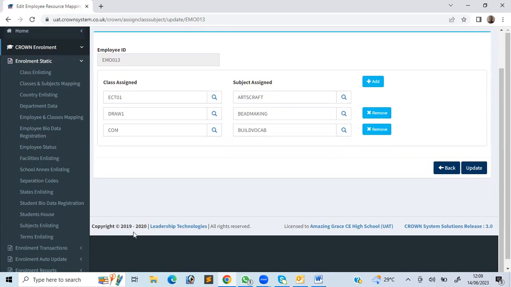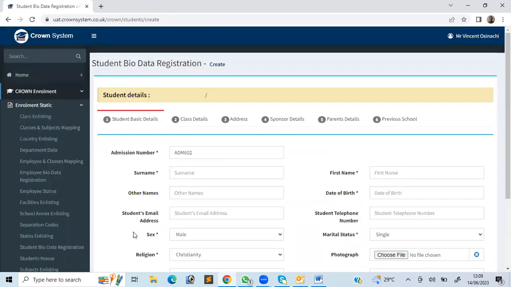Last one is the student biodata registration, which is why we are even in school. The employees, the teachers, whatever they are, if the students are not in school, they will not have work, or probably they will be doing some other things apart from working in school. So it is because of the students that we have come to school. Now I want to capture